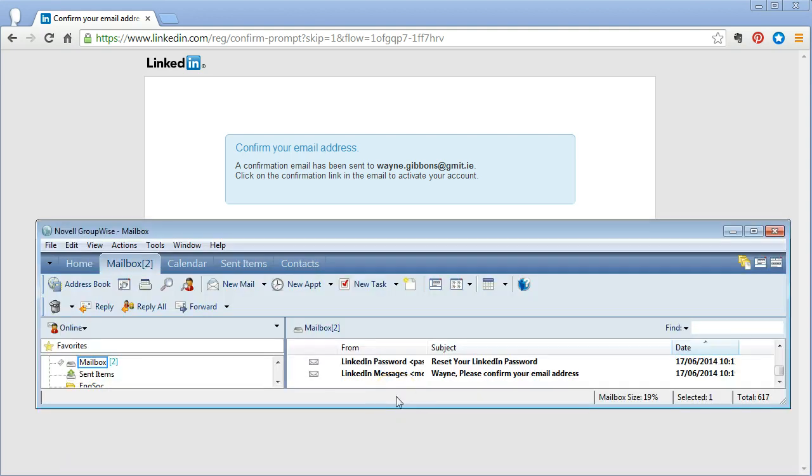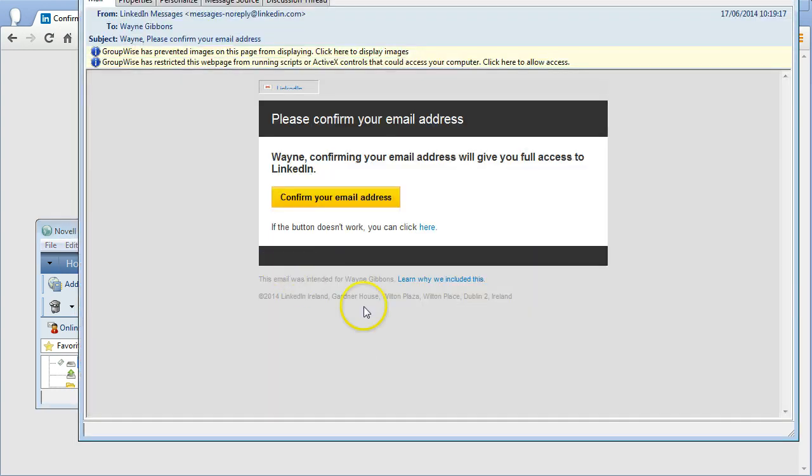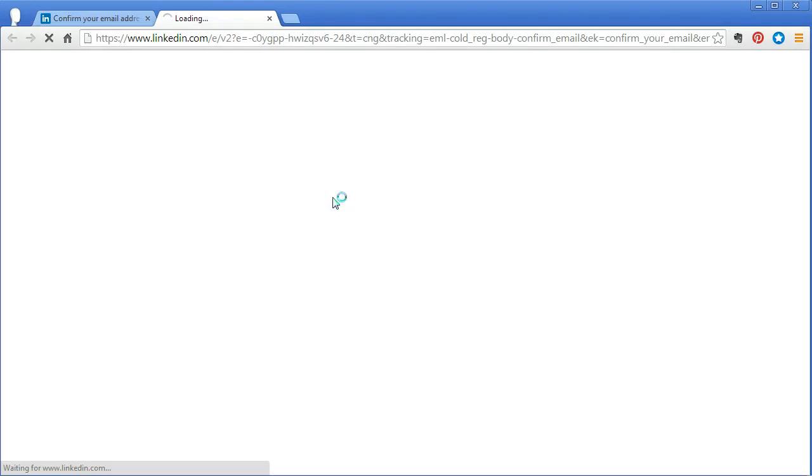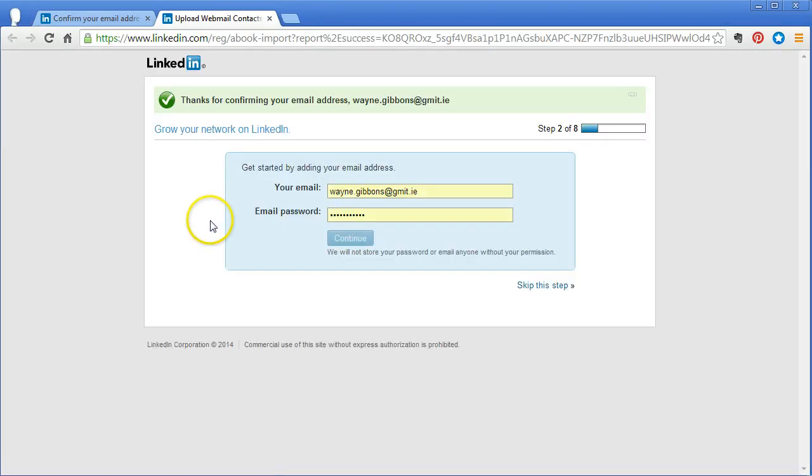Okay, so the password and confirmation has just been emailed to me. Now, just for full disclosure, that took about 10 minutes for the email to come through to me. So I'm just going to open it up here. You can see it in my mailbox there. So it's very simple. Click to confirm your email address. So I'm going to click on there, and it should now bring me back to the LinkedIn page,